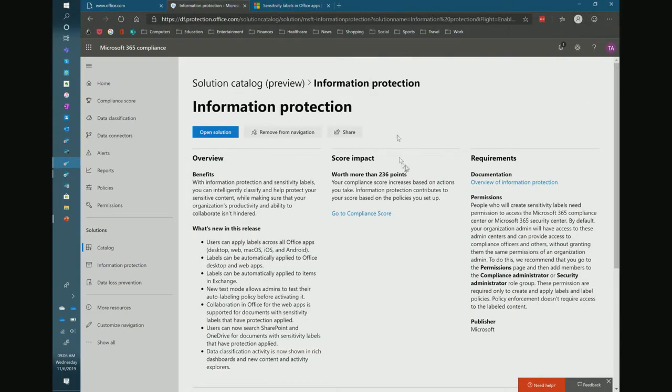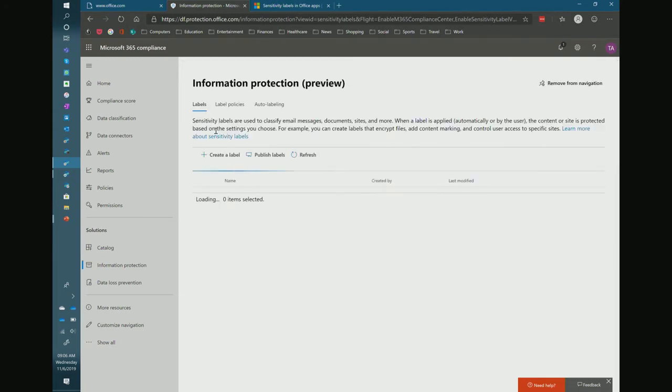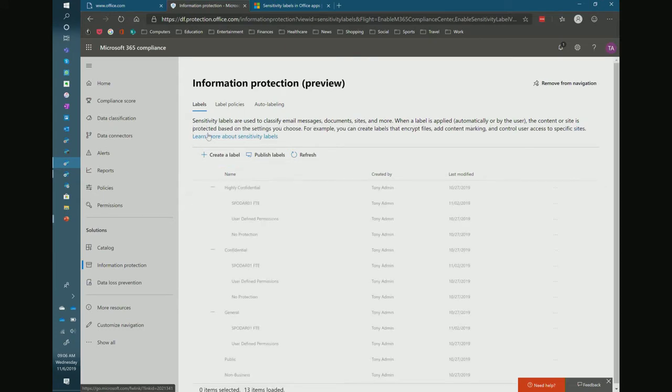So what you'll see over here is the Security and Compliance Center. And in the Compliance Center, we have a solutions catalog that shows you all of our solutions. And I'm going to go into the information protection solution. In the information protection solution, the first thing that I can do is look at and create labels